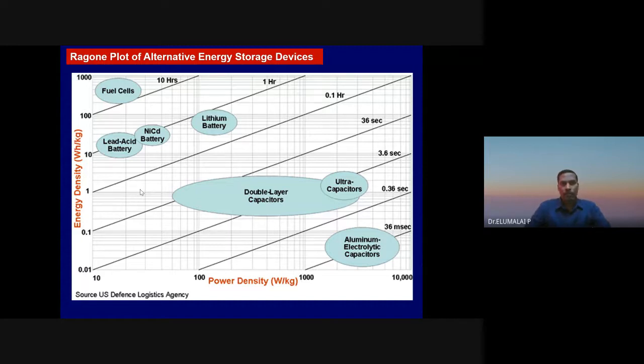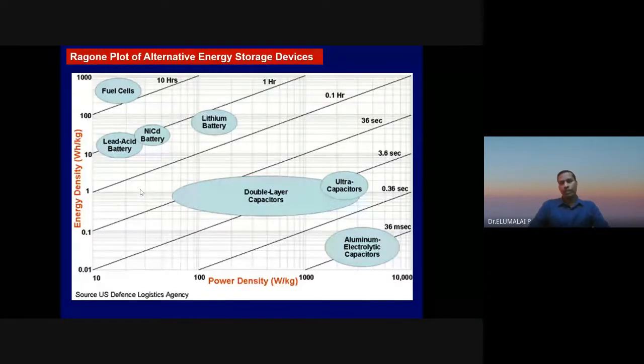So this is a Ragone plot, which gives all the electrical energy sources. We all know that the Ragone plot is a plot of energy density versus power density on a logarithmic scale, or specific energy versus specific power on a logarithmic scale. We have already learned that there is some information you can get from this Ragone plot. The basic information is, depending on your application, you can use this Ragone plot to select which energy source you want.